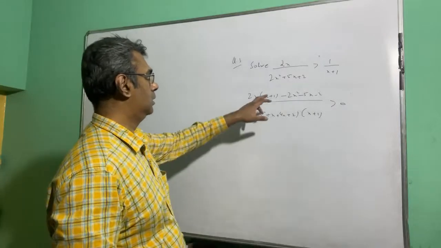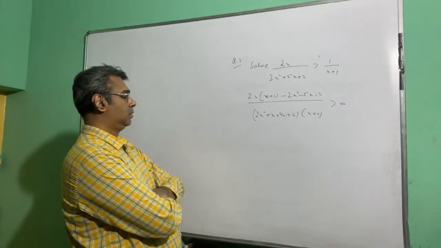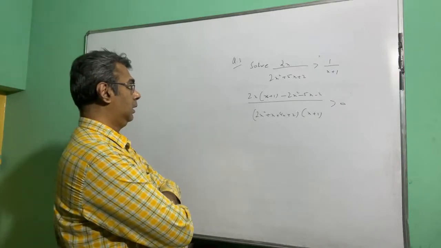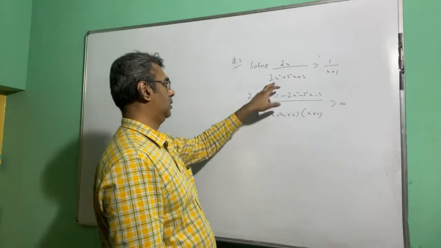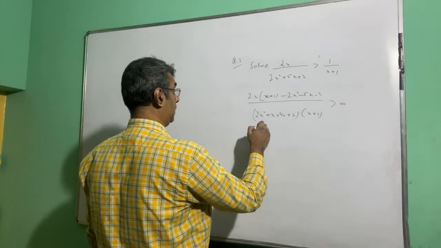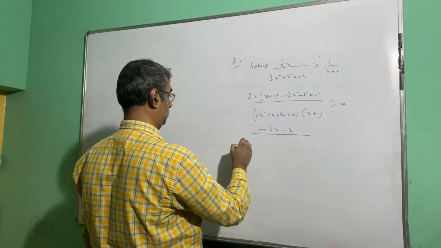So if you subtract this minus this, so 2x into (x plus 1) minus (2x square plus 5x plus 2) divided by (2x square plus 5x plus 2) into (x plus 1) is greater than 0. So ultimately minus 3x minus 2